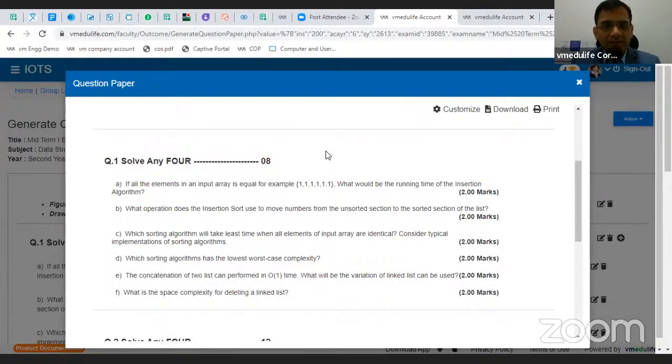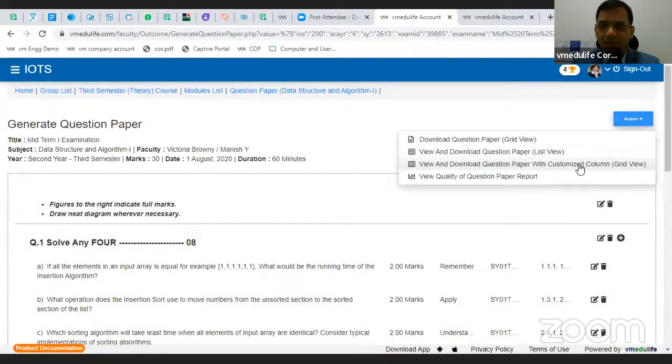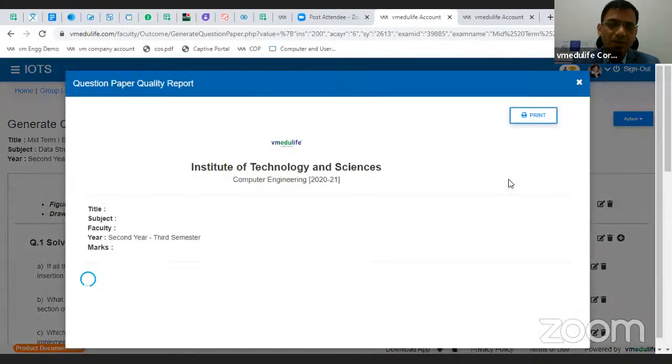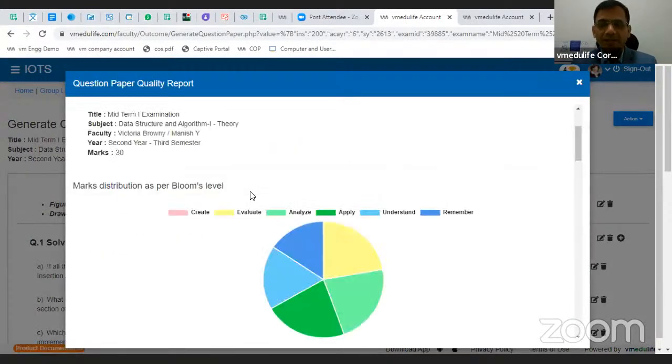Till this, it is very fine. Now, once I will finish with this, I need to assess the quality of my question paper. So here is the report for quality assessment, like we were discussing,